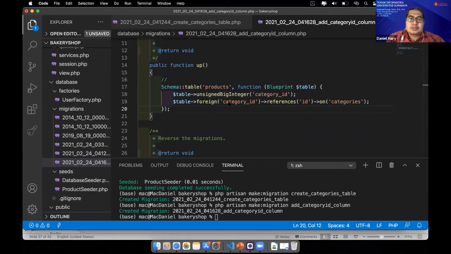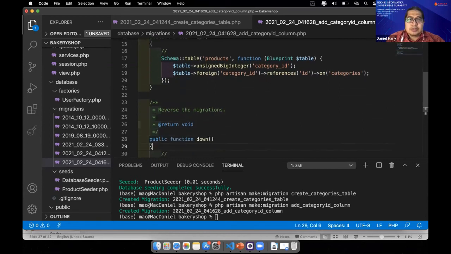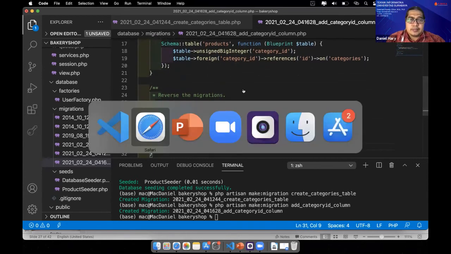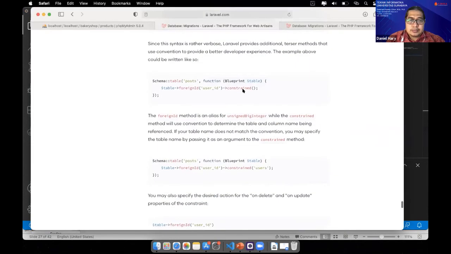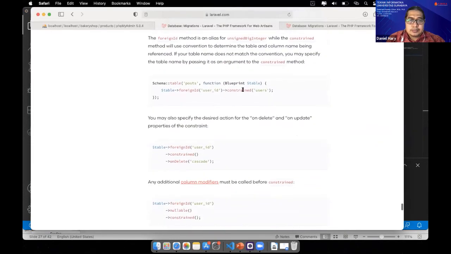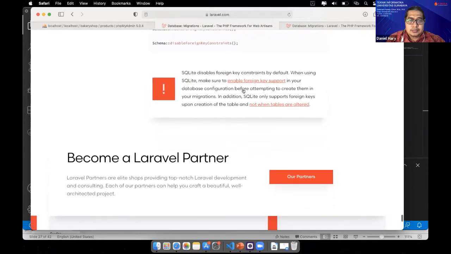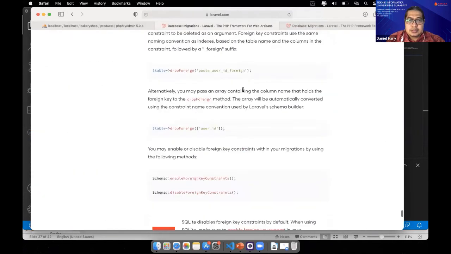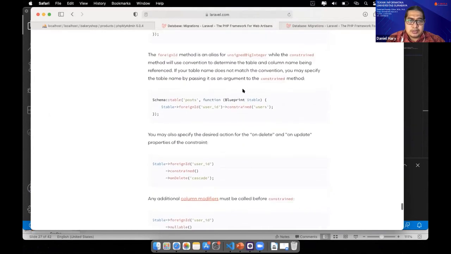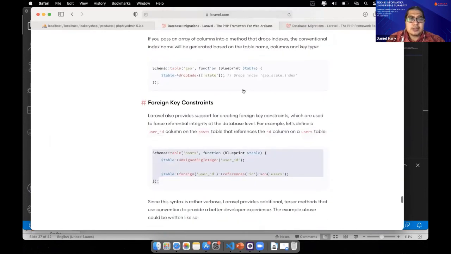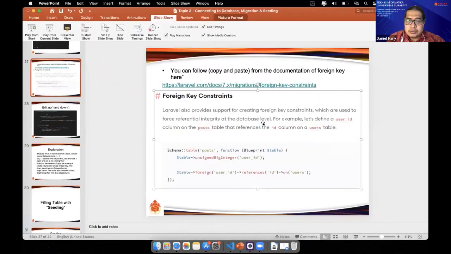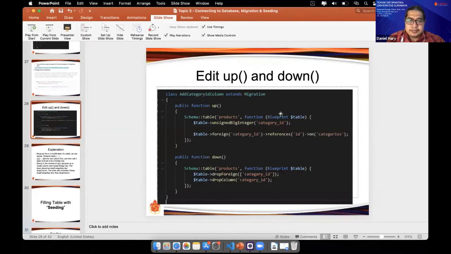Next, for the down. Oh, there is no example here for the down. Okay, we will follow the slide here.